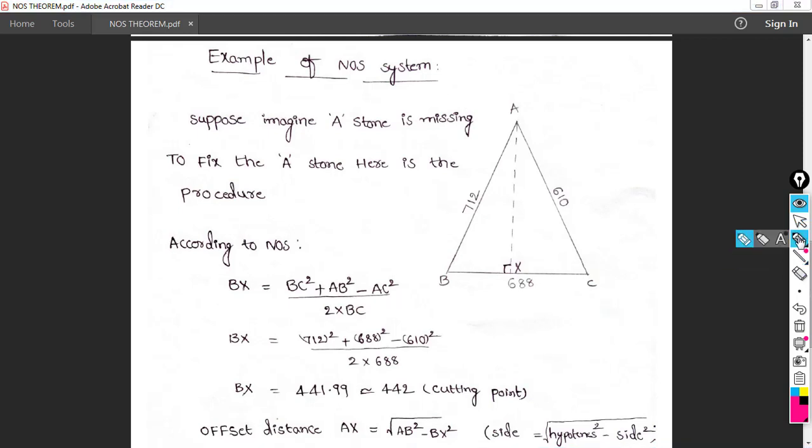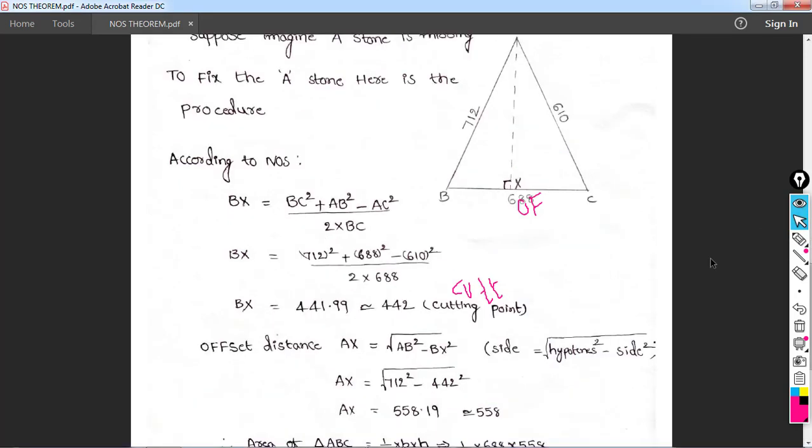BX is nothing but the cutting point. So when we know this side and the hypotenuse, we can find the other side. AX is the offset distance. AX is equal to the root of AB square minus BX square. By this we can find the AX value, and after finding this value,